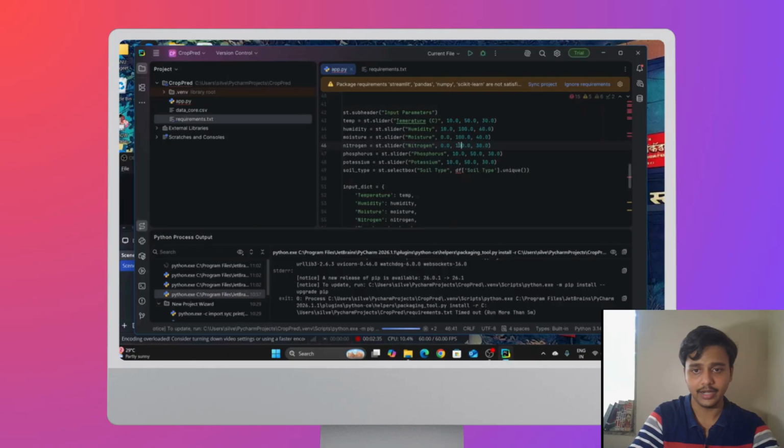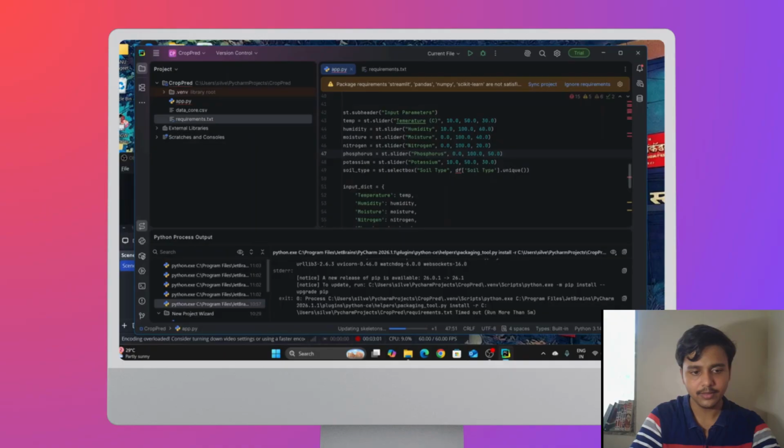Then phosphorus. For phosphorus, we will set it from 0 to 100 as well, and the divider should be 50. Okay, instead of 50, we'll write it here 15. And then potassium.